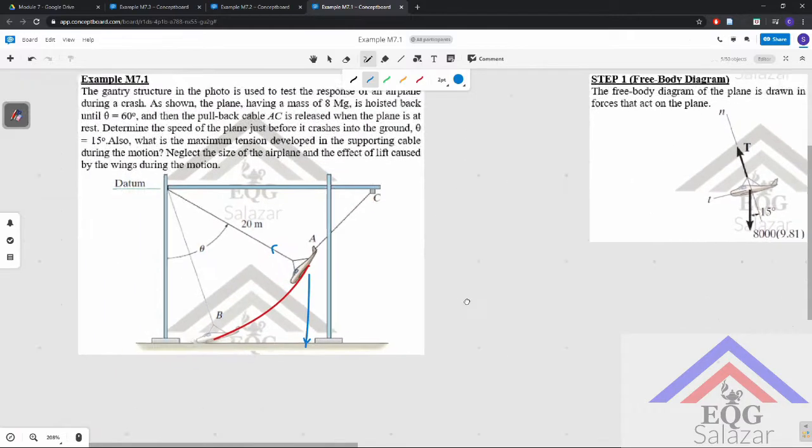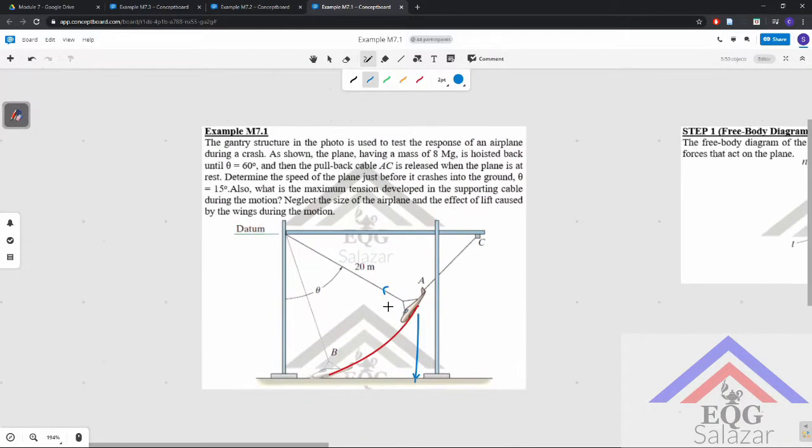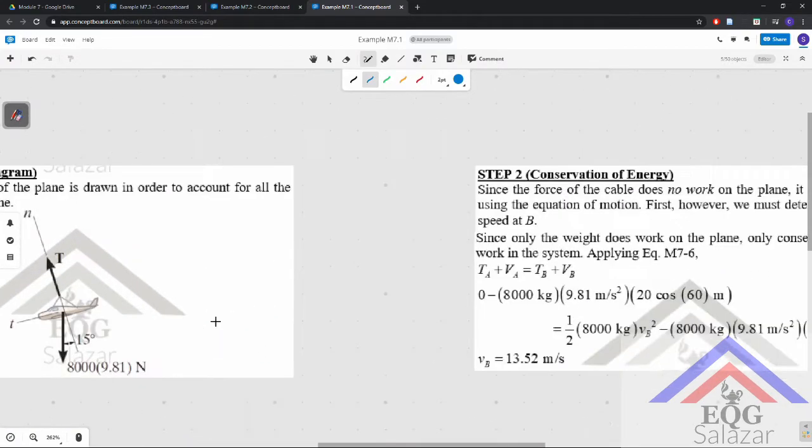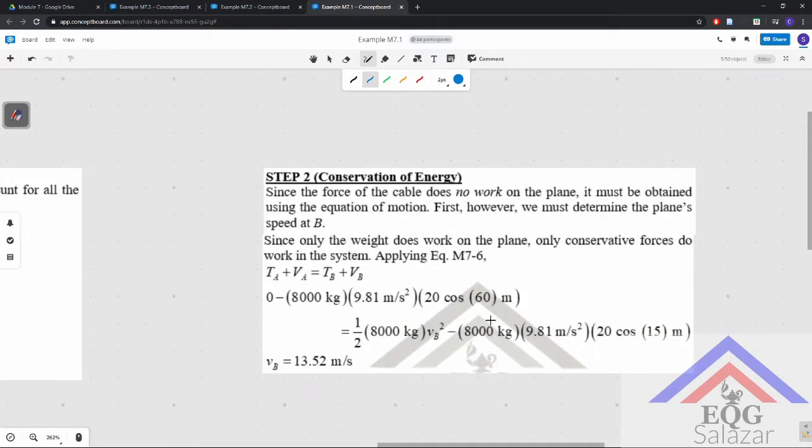You should know how to draw out a free body diagram by this point. Next we apply the conservation of energy. Since only the weight does work on the plane, only conservative forces do work in the system. So applying the conservation of energy, we have